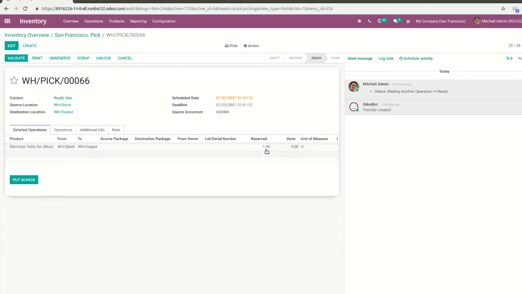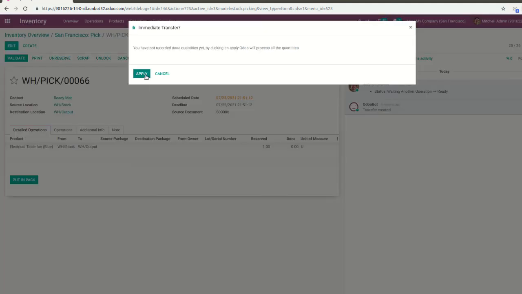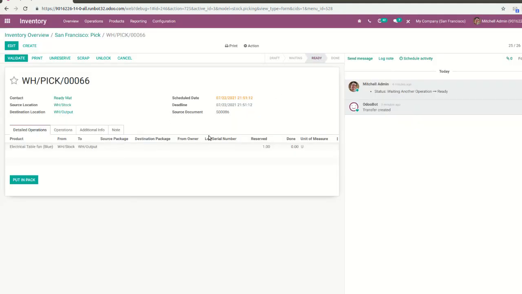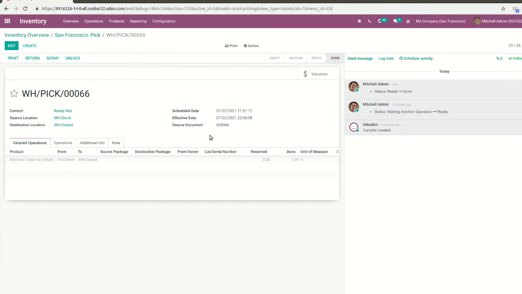So see, reserved is here, operations. Here what we have to do is just move from the production location to another location. Okay, it's a packing location, consider it. Then I validate it. Just apply. The process is completed for picking.